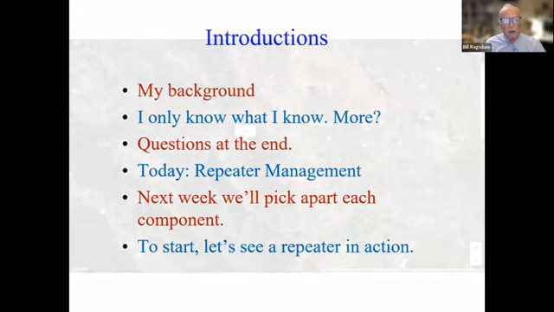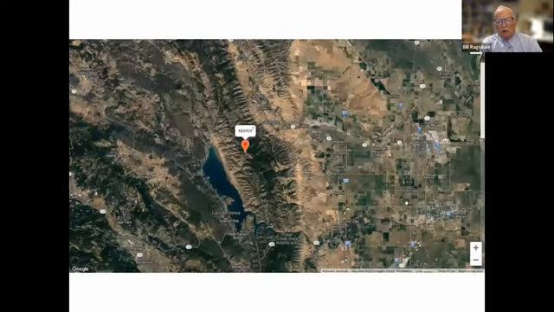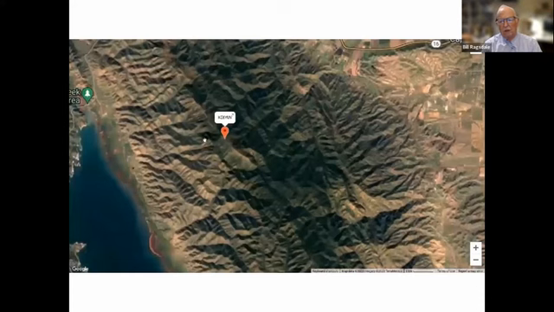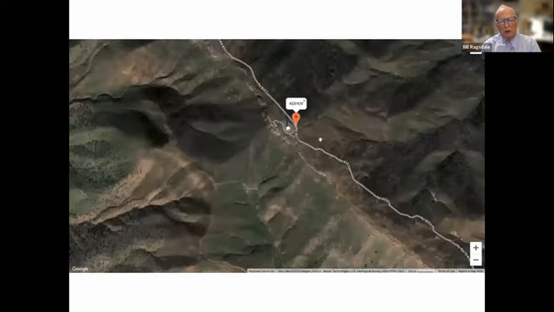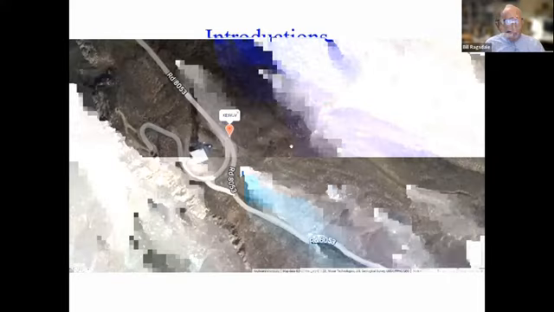So let's see a repeater in action. This is a view from 5,000 feet of our KE6YUV repeater in Northern California. The lake is Berryessa. On the left is Woodland, and immediate left is a city of Esparto. We're now at about 1,000 feet coming down, about 500 feet. This is our helicopter view. We're getting to about 200 feet,